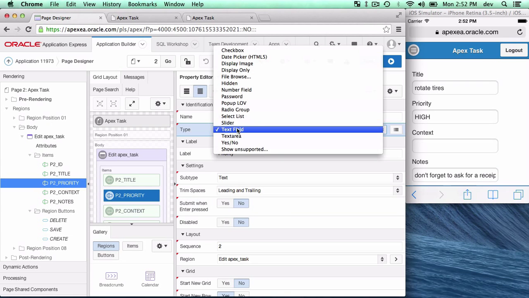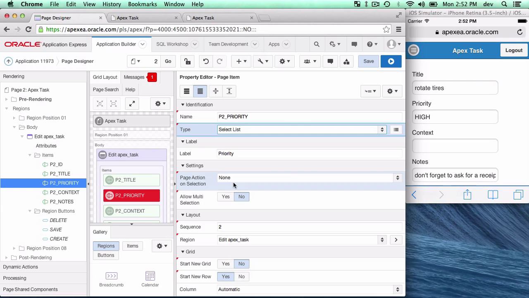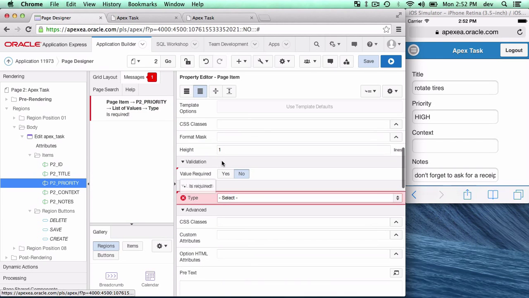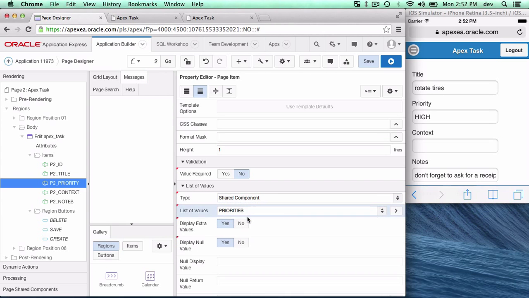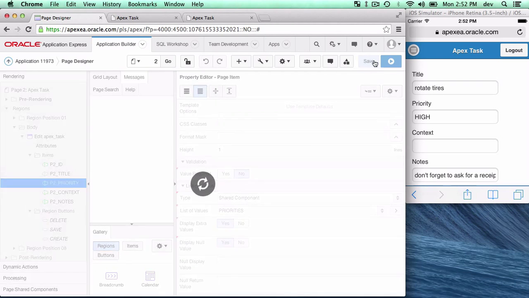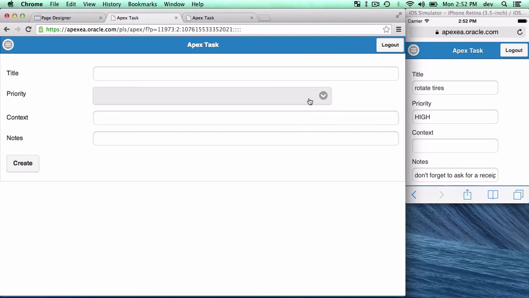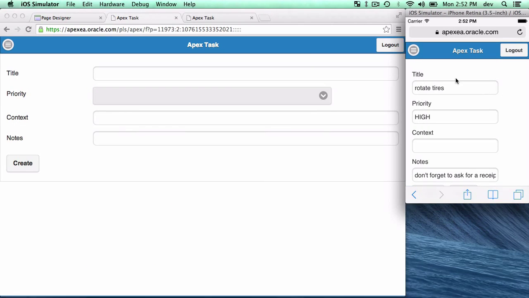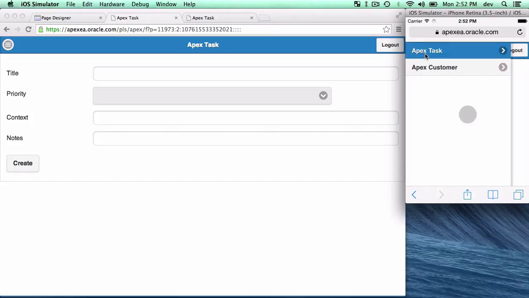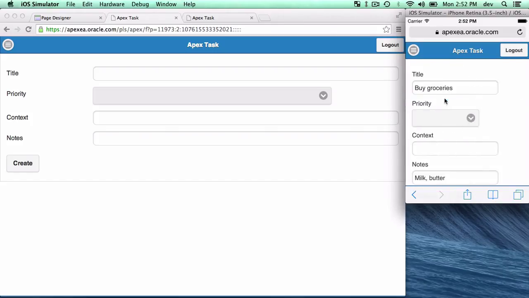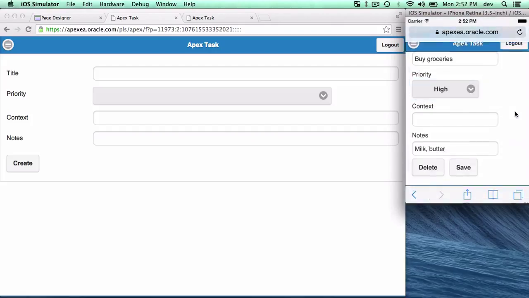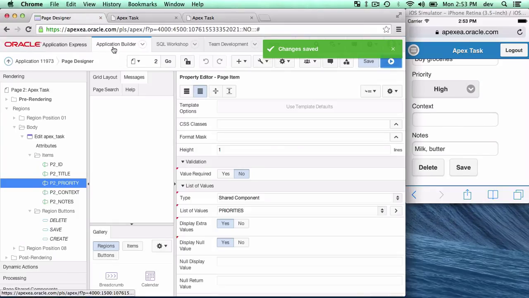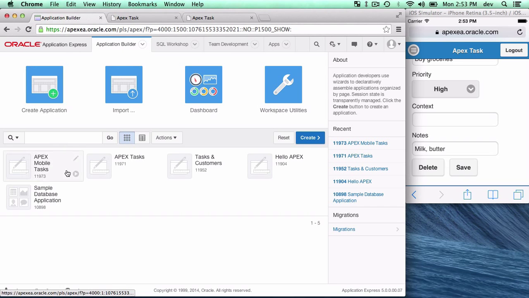And now we see priority as a text field, but we don't want that. We want a select list, and we want to point to a shared component, and it comes from our priorities list. So now if we save that, and we can run it here, we could see that drop-down list. Let's actually see it in the mobile version. So here we have a high. Okay, so now what we need to do, if you can guess, we need to go back to our